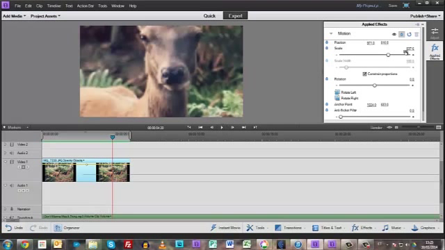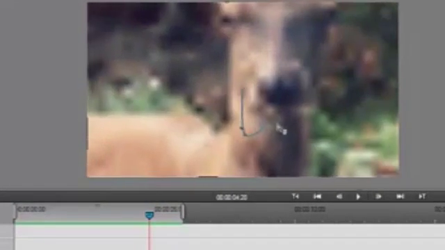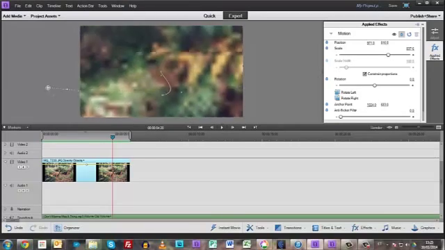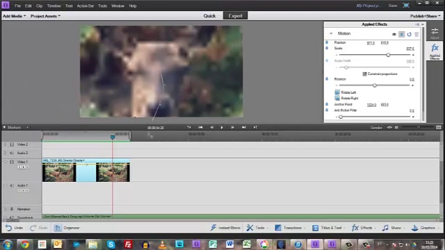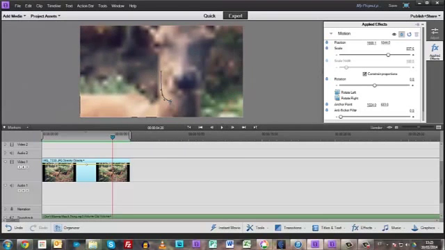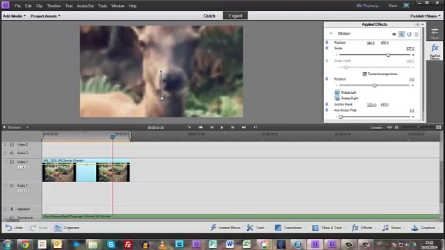One of the other ways of moving things is if you click on the video bit itself, you'll see this kind of circle with a cross. That means you can move things around from point to point, and that can be a little bit easier. Obviously, the further you zoom in, the lower